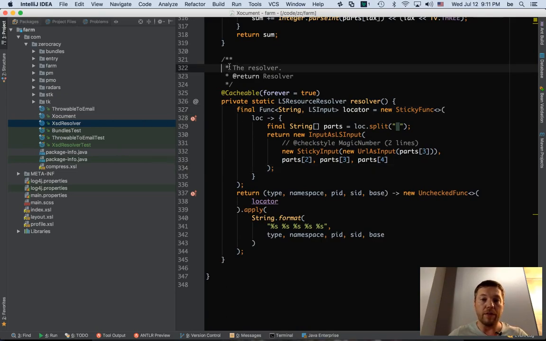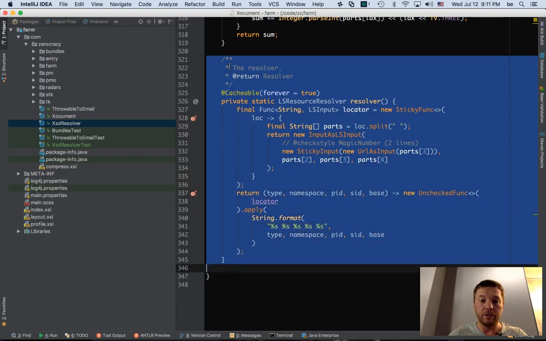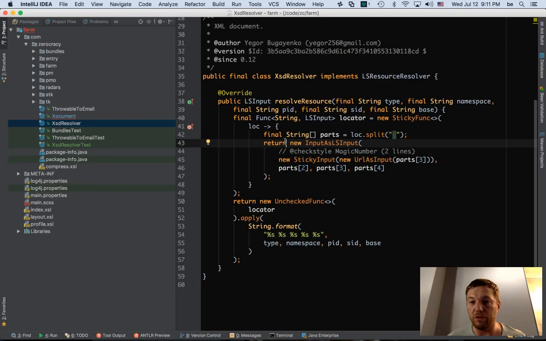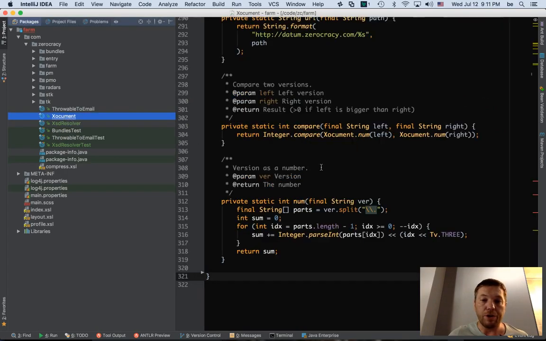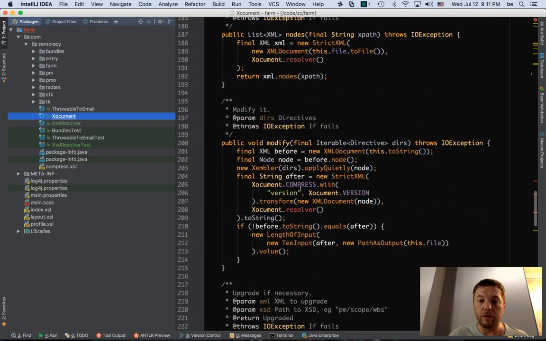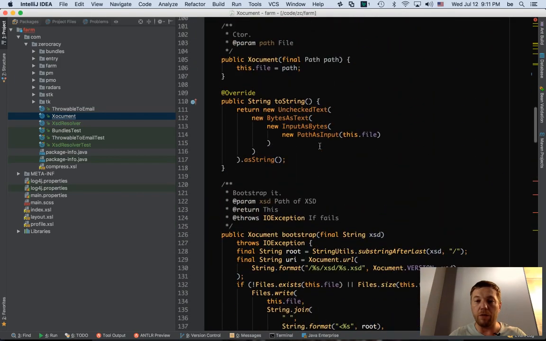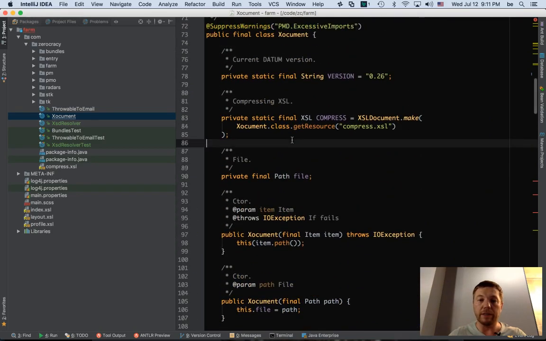I just did that, not to waste your time. Instead of having that, we just deleted it here, and I created a simple class called the XSD resolver. It's doing exactly what we saw before, but now it's a separate class. Here, instead of calling this one, I would make it static, because it has to be one resolver forever.